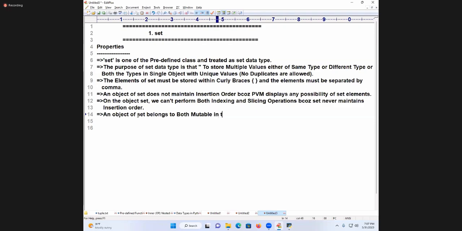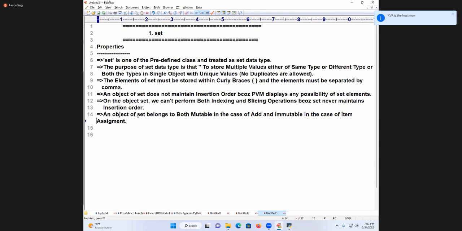Mutable in the case of add, and immutable in the case of item assignment. If anybody asks you tomorrow how it is mutable and immutable, you have to show this